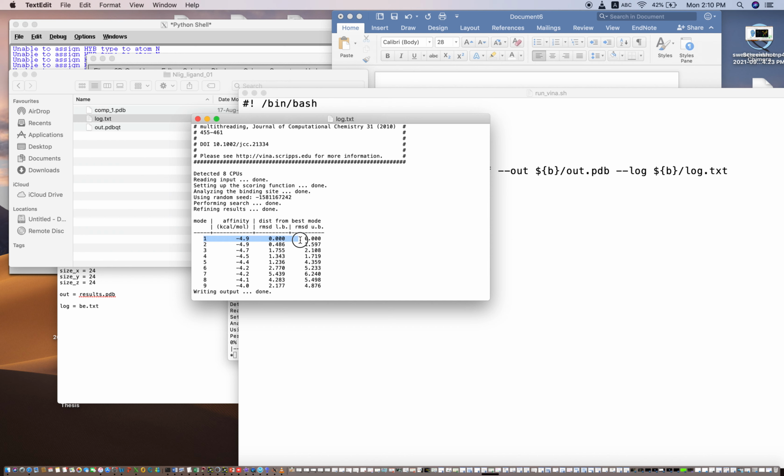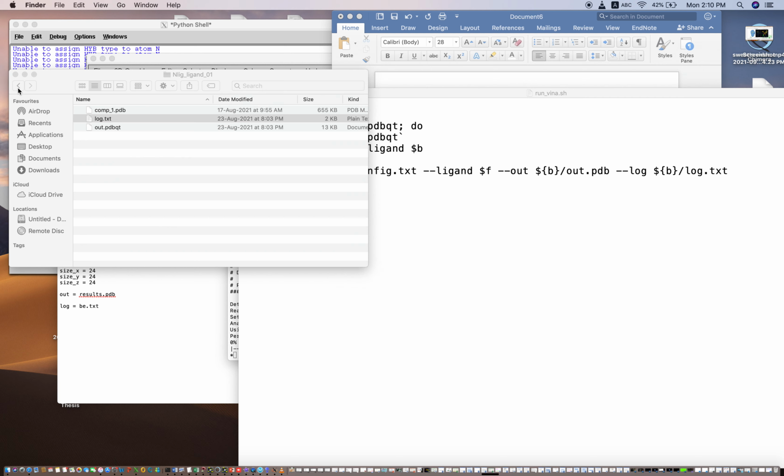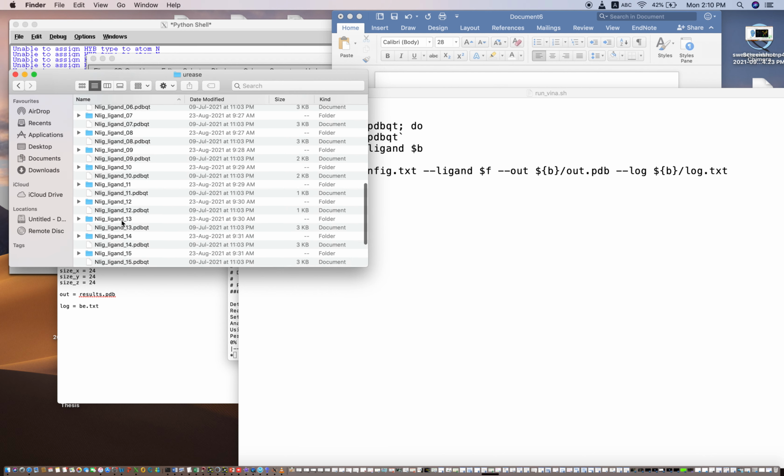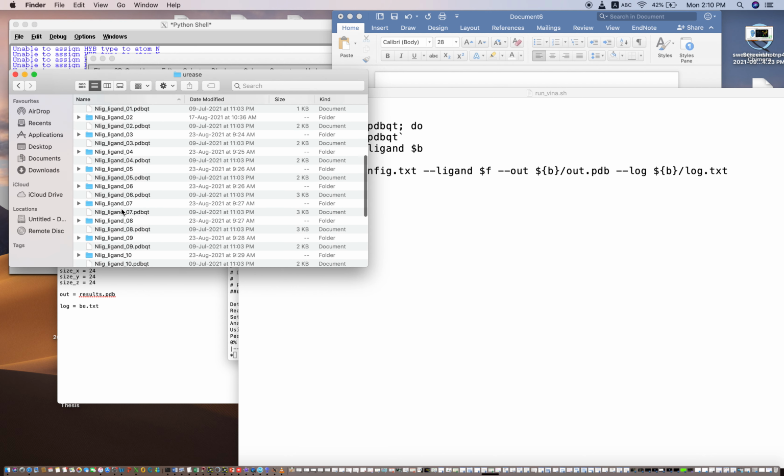This is complex 1, this is complex 2, complex 3 with minus 4.9 kilocalories per mole, that is the energy. And the next folder, so you will have many such folders.